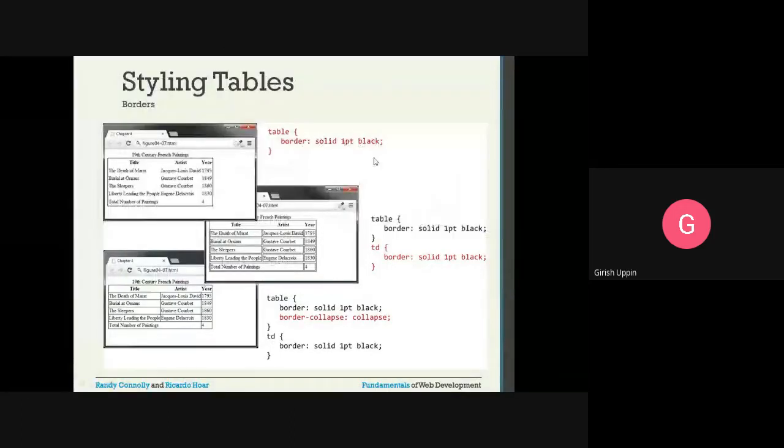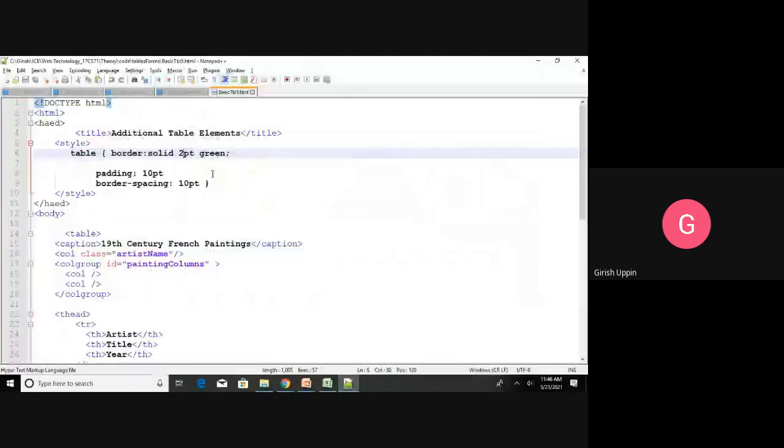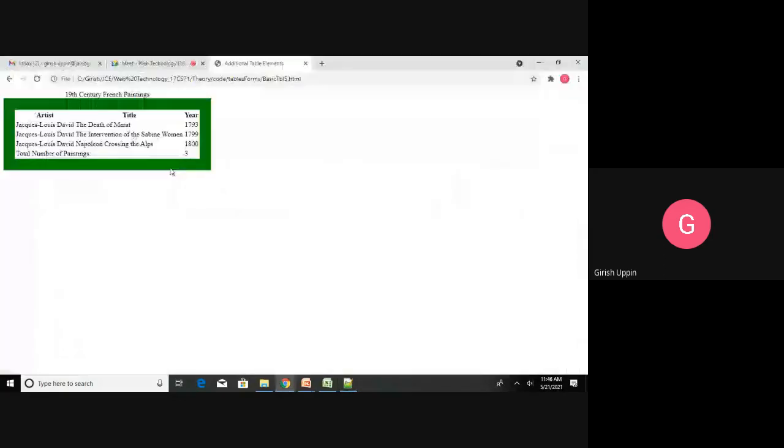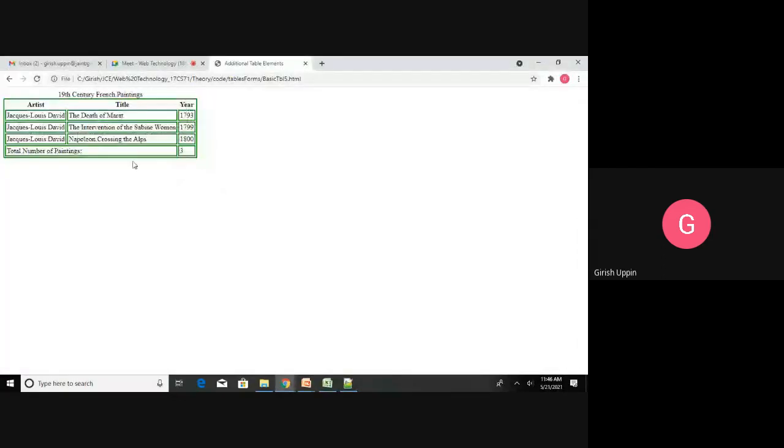That is the first. Second one is we added a TD. So here we had table, then we added a TD, and for the TD also it is the same border solid 1pt black. So instead I will add TD here itself. Okay, we can have comma separated. I will include TD here. I will save it. After adding TD styling, you can see this is how you are getting the formatting for the TD.